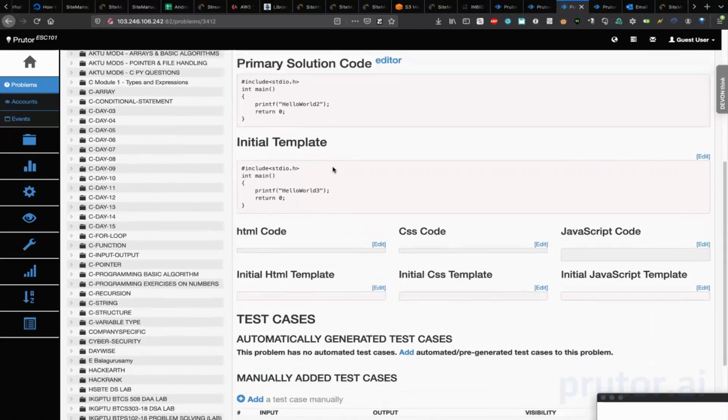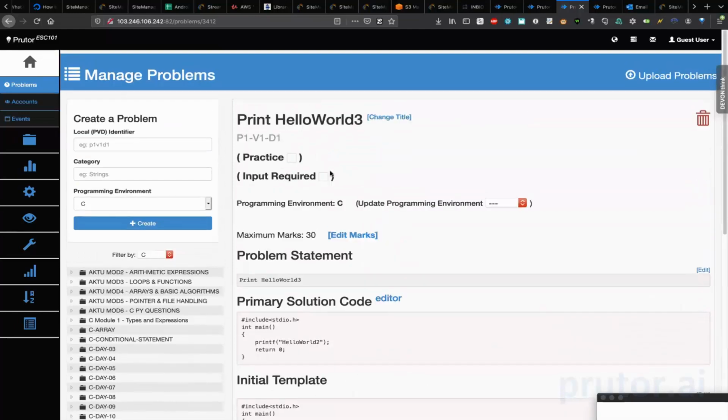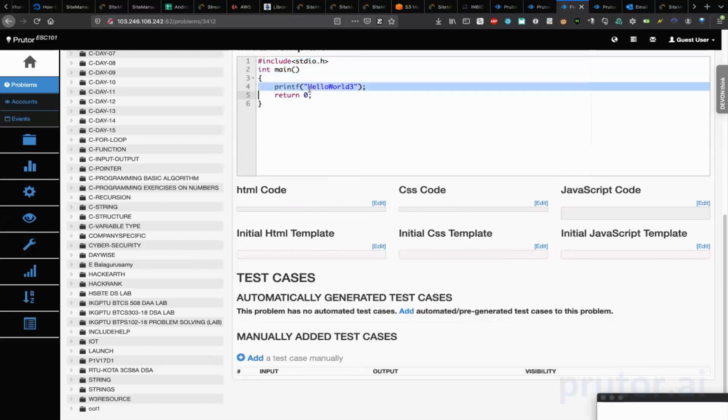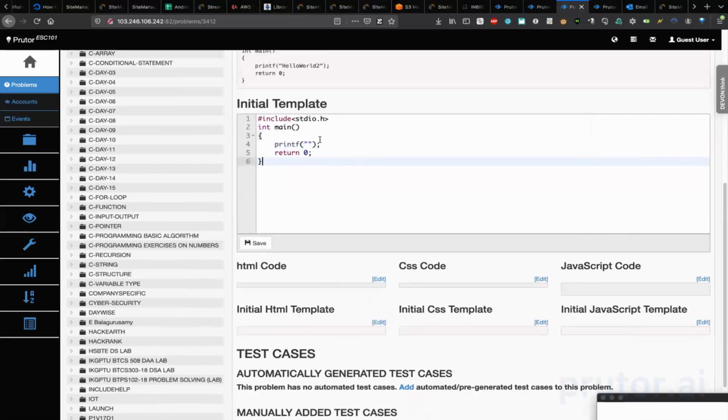So the next problem, so this is the first problem I would give them. Next problem I would give them, I would remove this printf here. This is the next problem I would give them. So when students run this code now, then they will figure out, oh, a minute ago it was printing something, now it is not. So what is wrong? Then they will say, oh, in my code I had put this hello world. So that is what I have to put here. In the third code that I give them, I will remove this also. In the fourth, I will remove this entire thing.